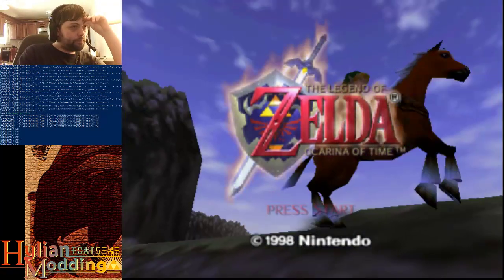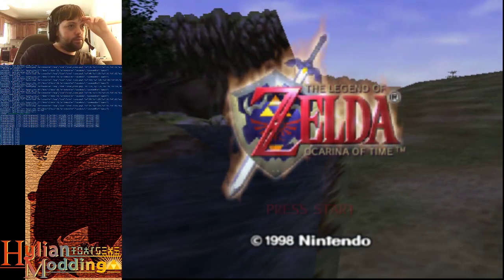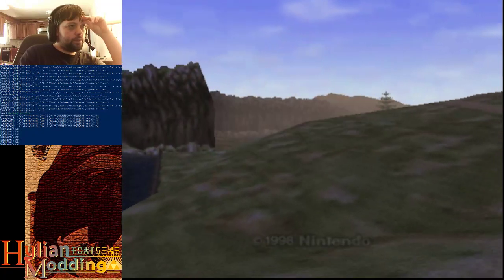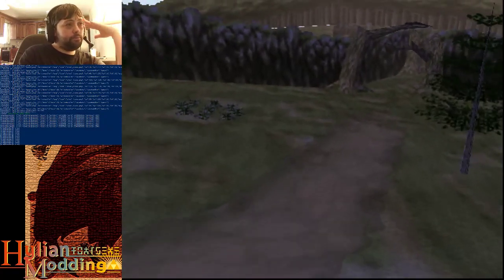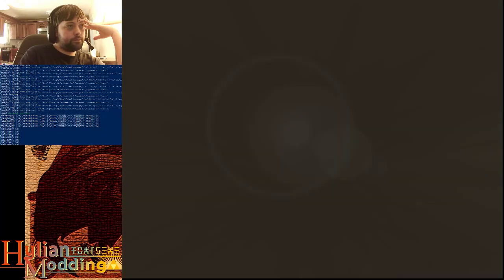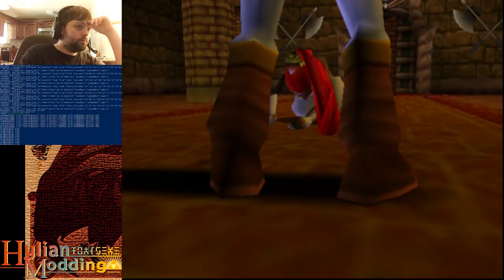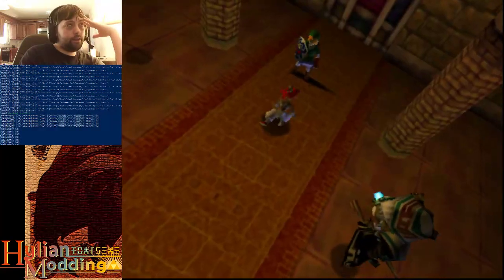So we need a way to detect... Okay, that's if a blue warp spawned. We also need a way to get rid of Ganon's horse. How am I gonna do that? If Ganon...